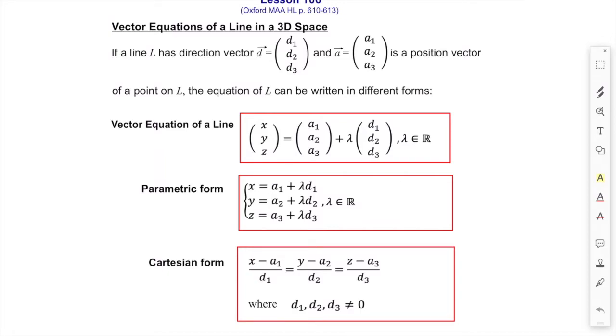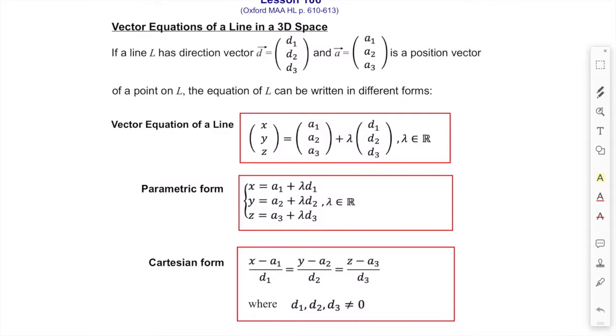Here is lesson 106. In this lesson, we will continue to look at vector equation of lines, but instead of in 2 space, now we're going to look at lines in 3D space. So recall that a line can be defined by a point on it and also the direction vector for the line. And so to write a vector equation of a line in 3D space, you can see that we have